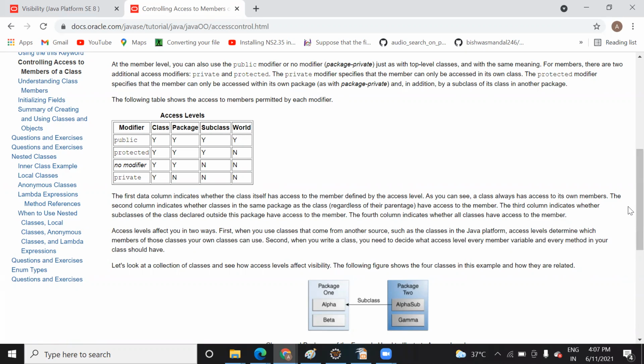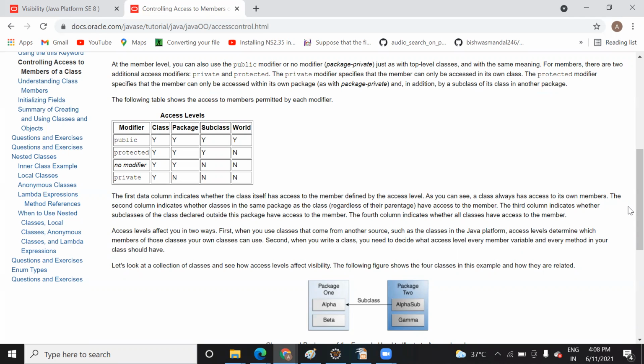Within your family, meaning within your class, suppose you are Tripathi. Tripathi is your family name, or you can say class name. Inside that class, all the members like your mom, dad, brother, sister can use your mobile because they are inside the class. But does a neighbor have access to your mobile? No, right? So it is something that is private to you. But metro buses and metro trains are public, right? So anyone can use them.